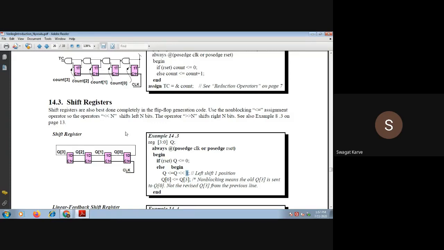So in this way you can write a very simple program of a 4-bit shift register. Of course, you have to mention the input and output ports in the module section, but it's a very simple program.